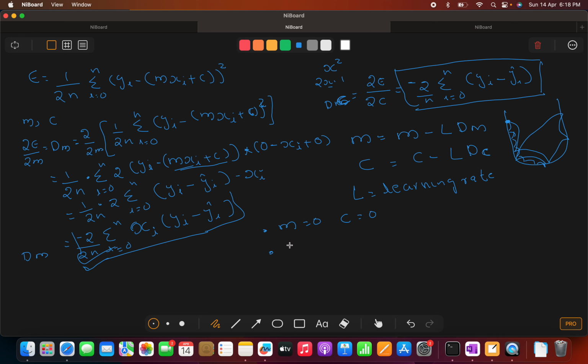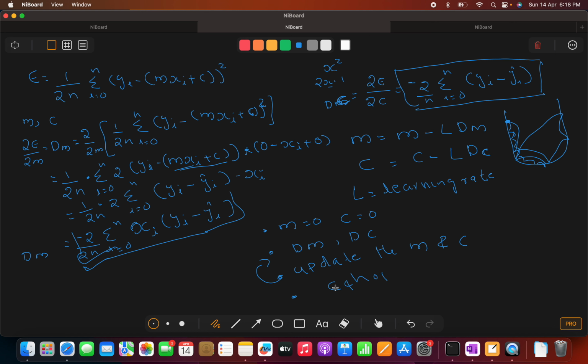Then we need to calculate the gradient, that is, we need to calculate dm and dc. The next step is to update the variables m and c. Then we need to repeat the same process again and again,